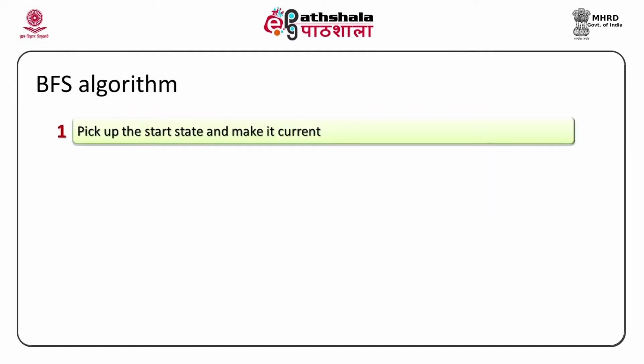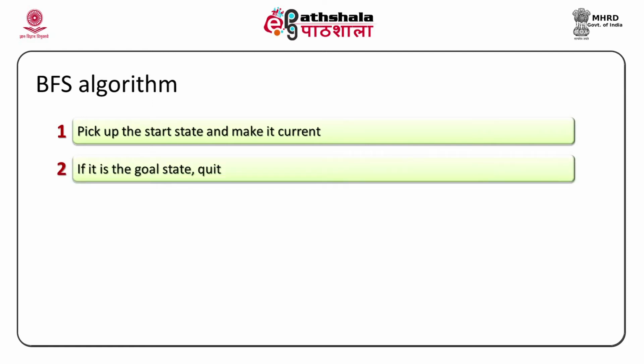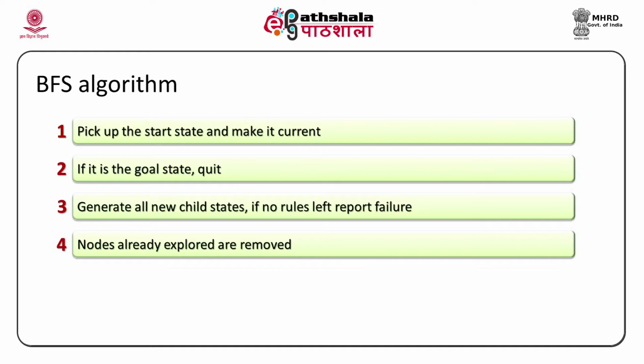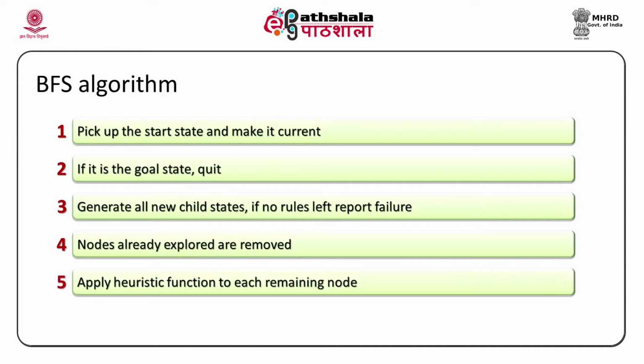So what we have is this: pick up the start node and make it current. Take all nodes, pick and store them in sorted order of heuristic value, so we have the best node on top. Now we are not looking at the children, we are looking at just all nodes. We explore the top one, we get all nodes, we apply heuristic values to them, add them in the array, and again pick up the node from the top.